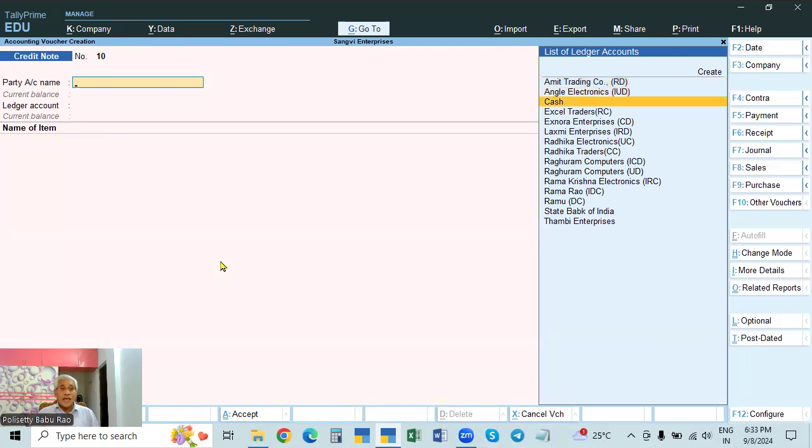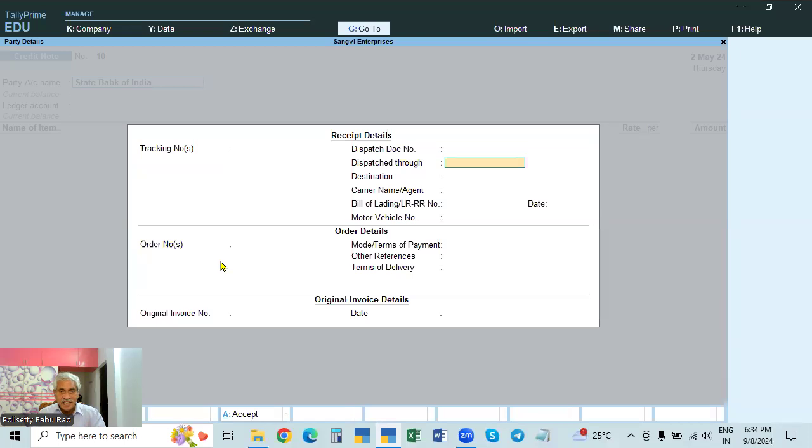Now when you receive back, you pay cash, or you can do cheque also. If you pay cash, you will enter cash. If you pay by cheque, you will enter the State Bank or the name of our bank. Here, for example, even though originally he paid cash, now we can pay cash also, or we can pay cheque also. No problem. For example, if we pay by cheque, and here,